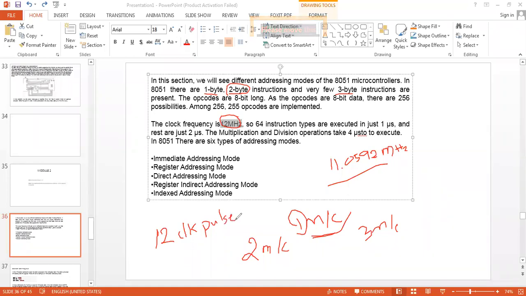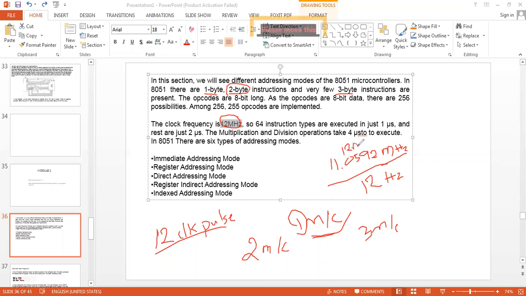So out of 11.0592 megahertz, if one instruction has to be executed, then out of this megahertz it is going to consume 12 hertz to be executed. So in such a way, one instruction, I will tell you, if I take it as 12 megahertz,